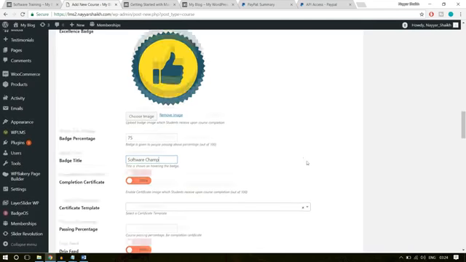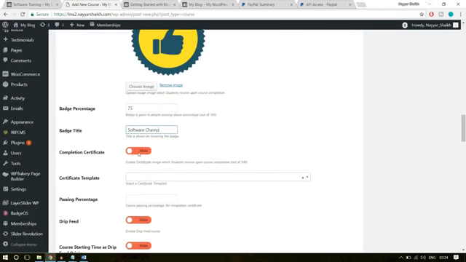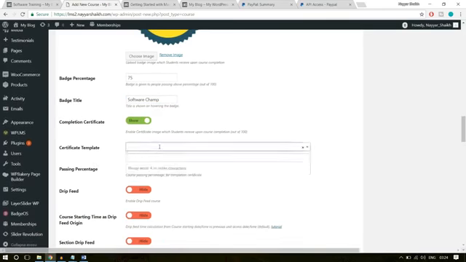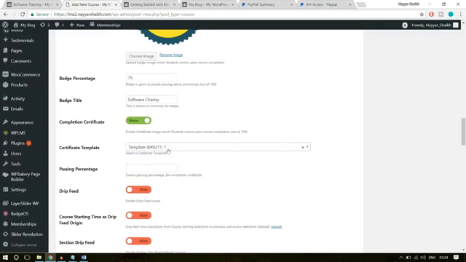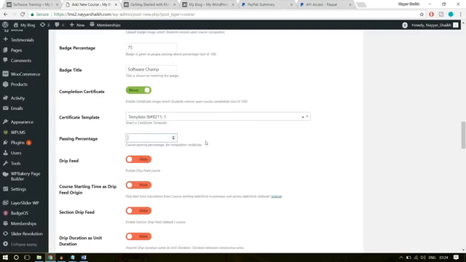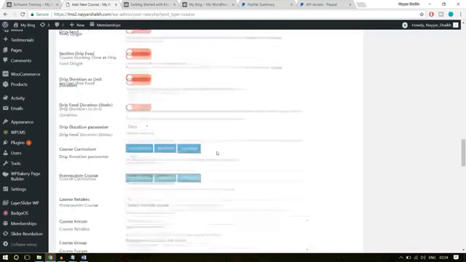Completion certificate. Do you want to give certificates on completion? Yes. Now we have to select the template, and we have recently created a template and named it template 1. So we can select that one. It is searching. Here it is, template 1. Select this one. For passing percentage, we will select 40% as the passing percentage, and leave all these things. Come to the bottom,